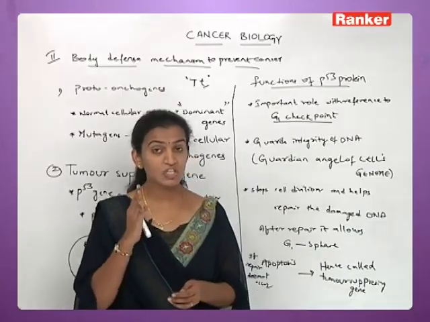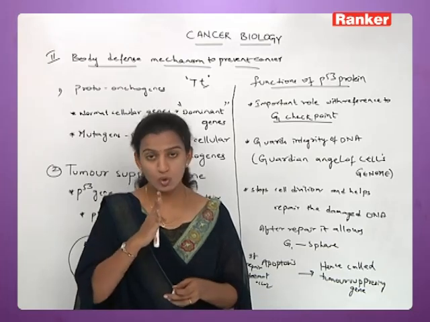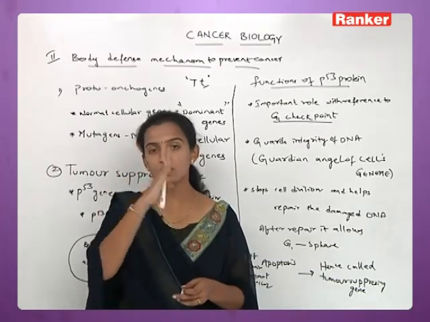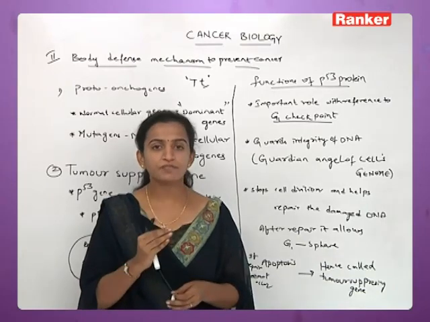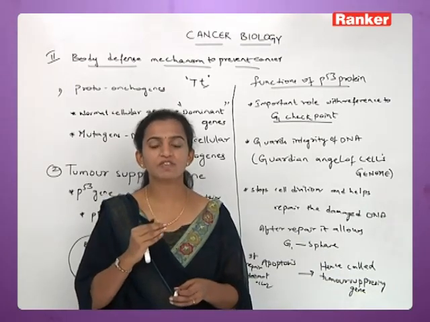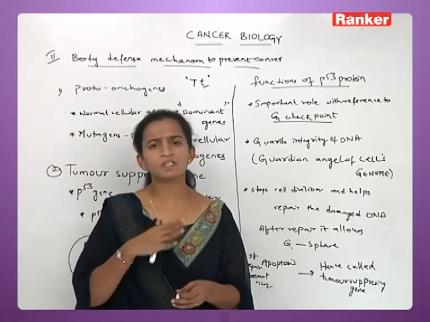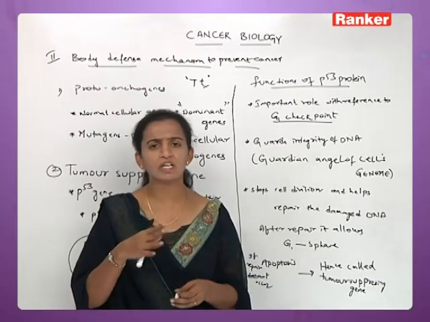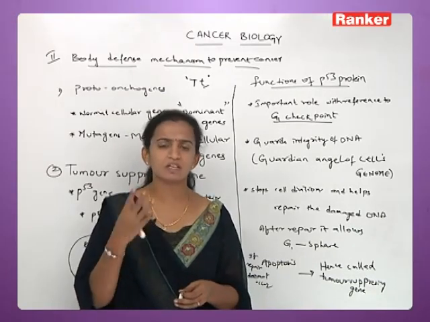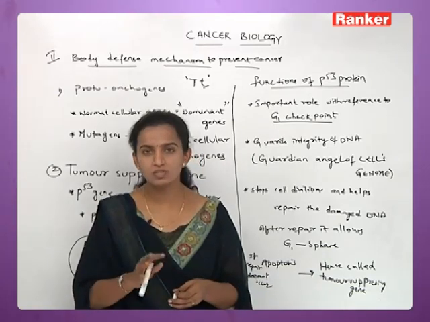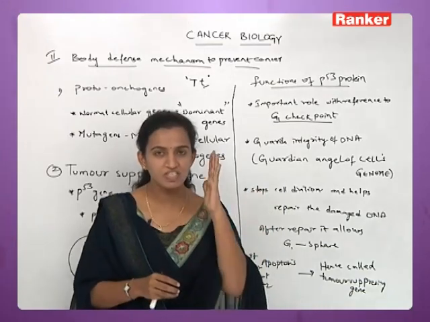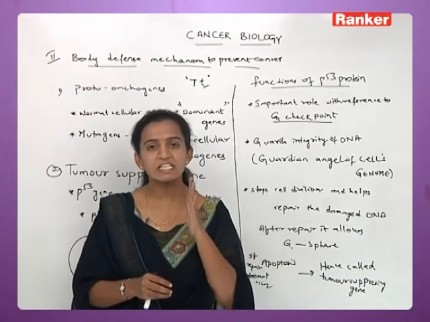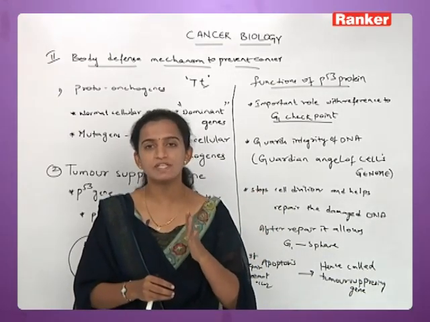We already said that G1 is the checkpoint so that the rest of the division is taking place. So the first division is G1 phase. If there is no checking point present in the G1 phase, you can say that all the faulty cells will go for the division, and the DNA, even though there is a repair needed, divides like that only, and all this is going to happen. But it is not happening. Why? Because the P53 is present near the G1 checkpoint and it is checking each and every cell.